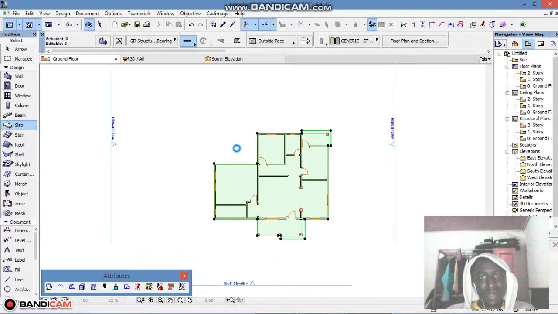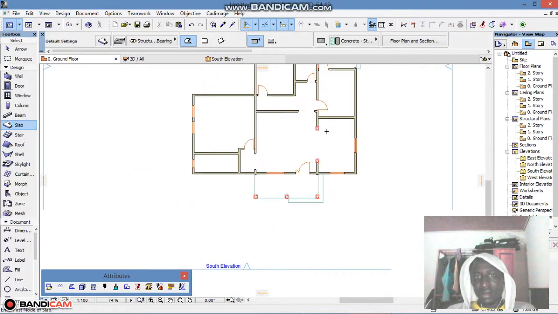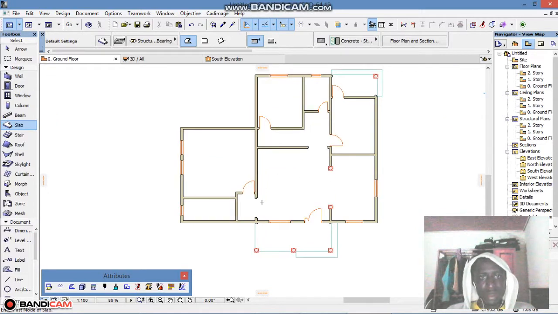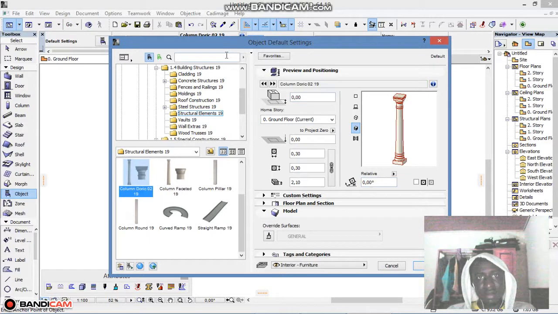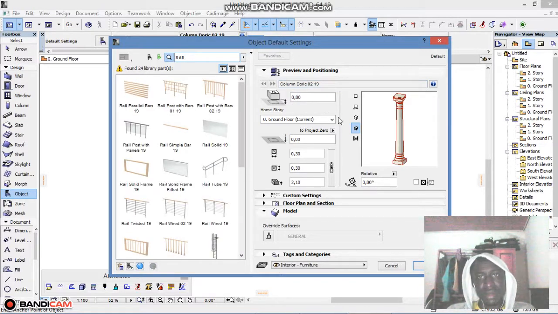Okay, the next thing we're going to do is we're going to put rail, handrail. So we go to object, we type rail. We can choose any of those rails. So I'm going to choose this